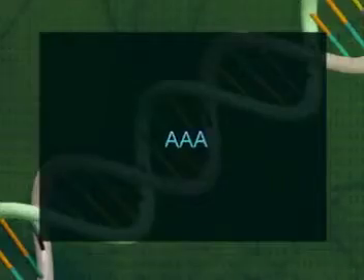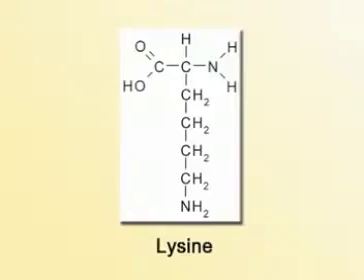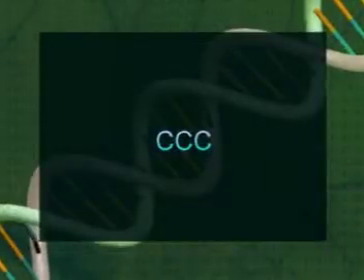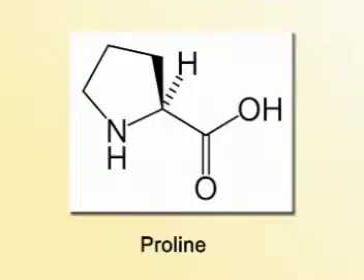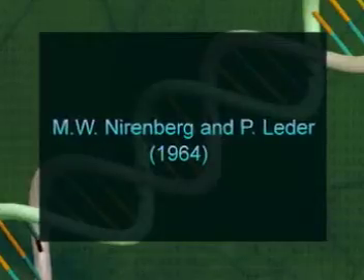Subsequently, poly A gave polylysine and poly C gave polyproline. Therefore, AAA was assigned to lysine and CCC was assigned to proline. In 1964, M. W. Nirenberg and P. Leder,